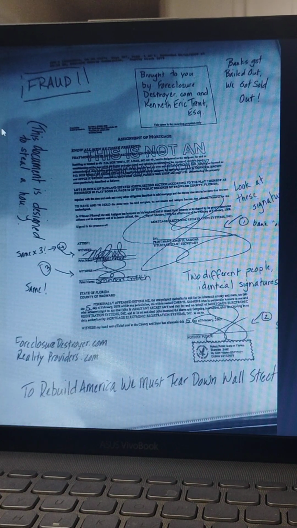So according to that contract, which we're not trying to enforce, but we're trying to show that the assignment of mortgage is a fraud, it's impossible. Either you